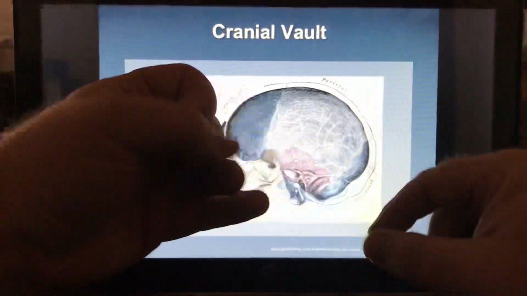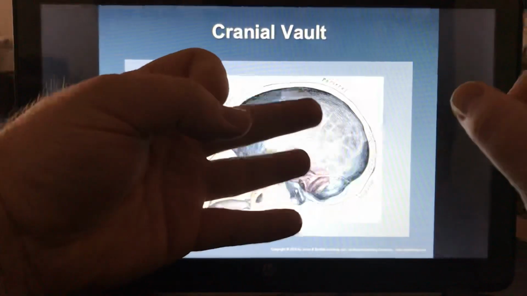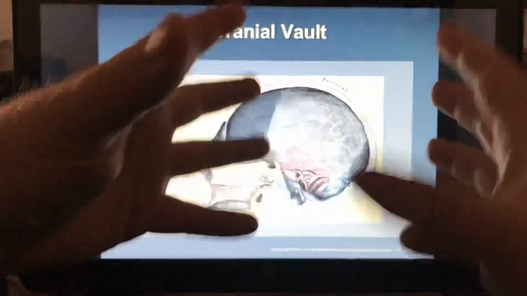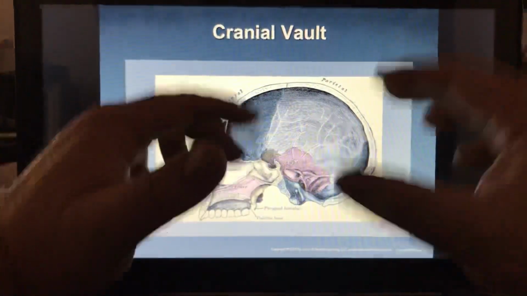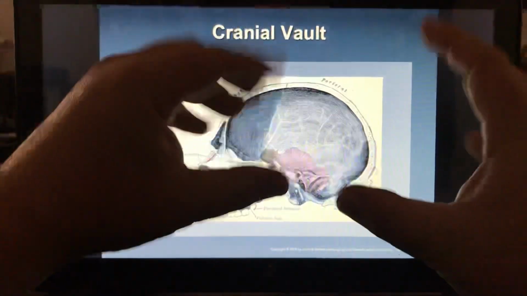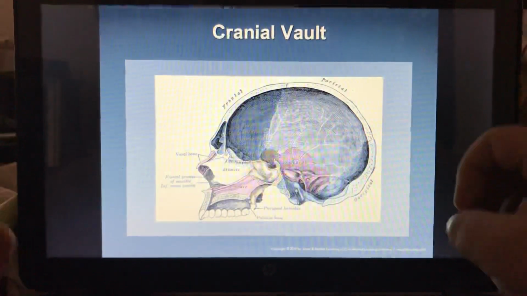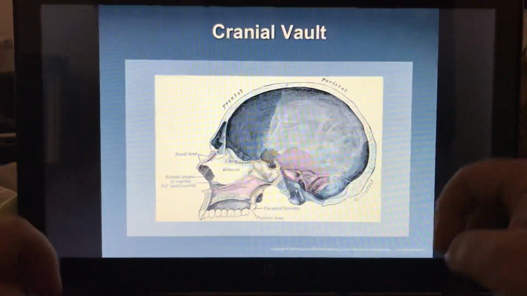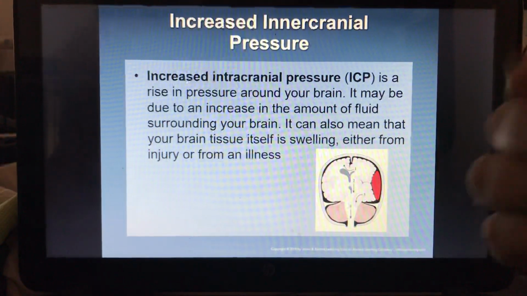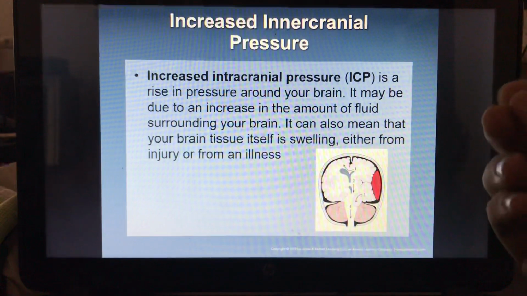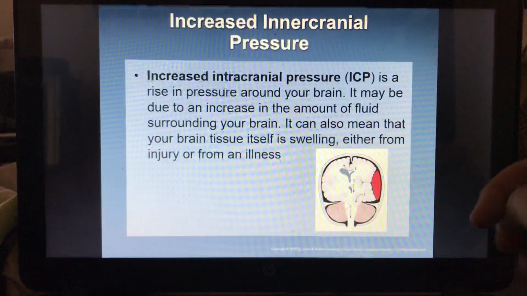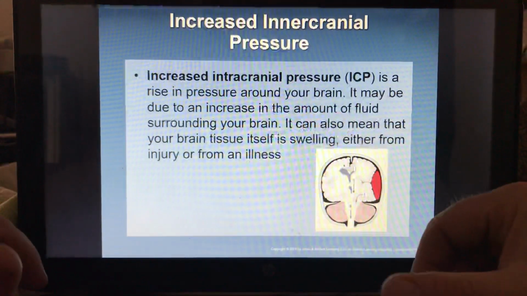There is not enough room to add in a bunch of blood or some swelling. If the brain tissue gets infected or inflamed, there's not enough room for that. You have this finite, limited space where the brain is happy, comfortable, protected, nice and neat. But you cannot put anything else in that space. If you start introducing more stuff in there, typically it's blood, sometimes it's cerebral spinal fluid, or it can be the swelling of the actual brain tissue itself,